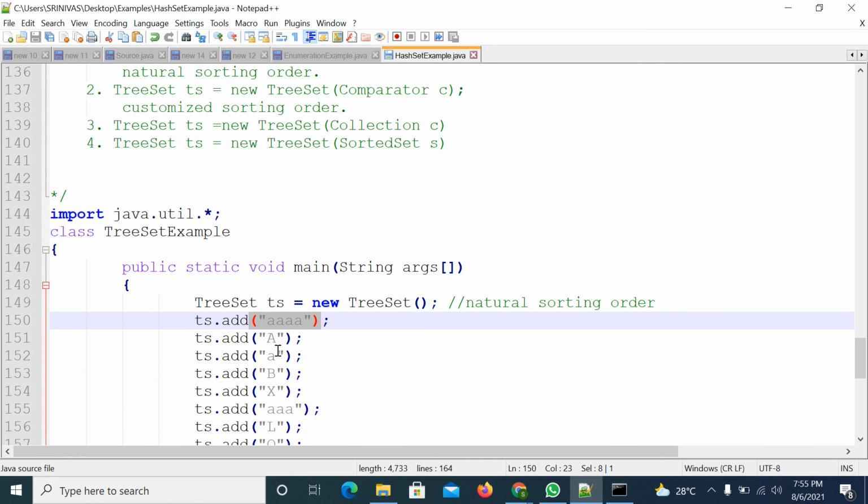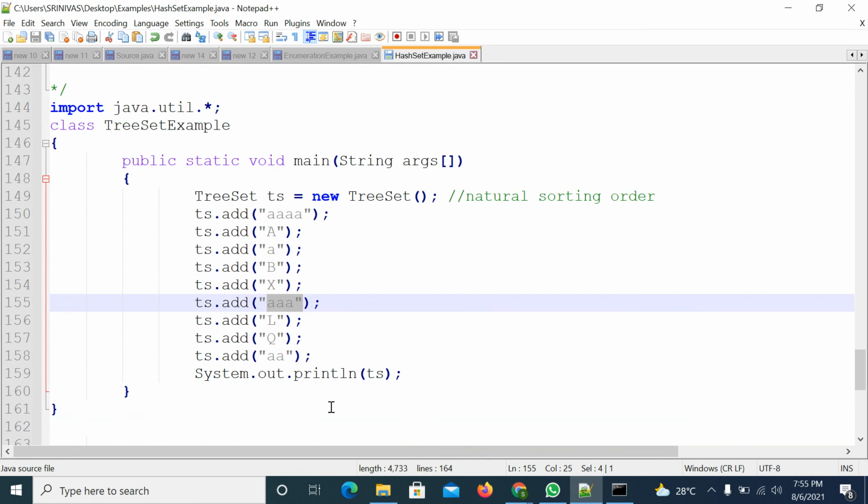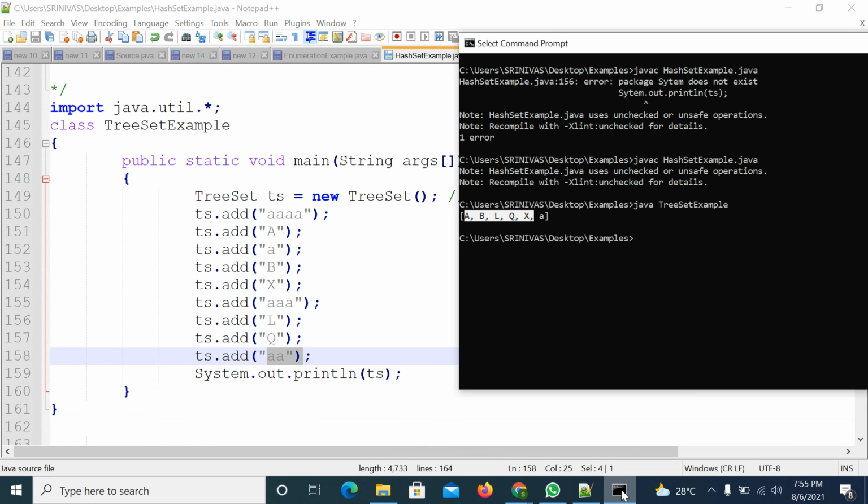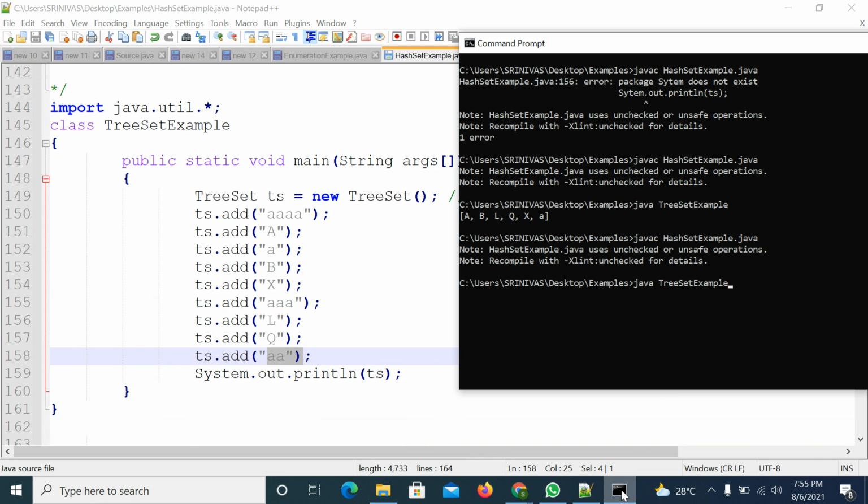I added 4 A's here, 1 A here, 3 A's here, and 2 A's here. Compile the code and execute it. Single A, double A, triple A, 4 A's.